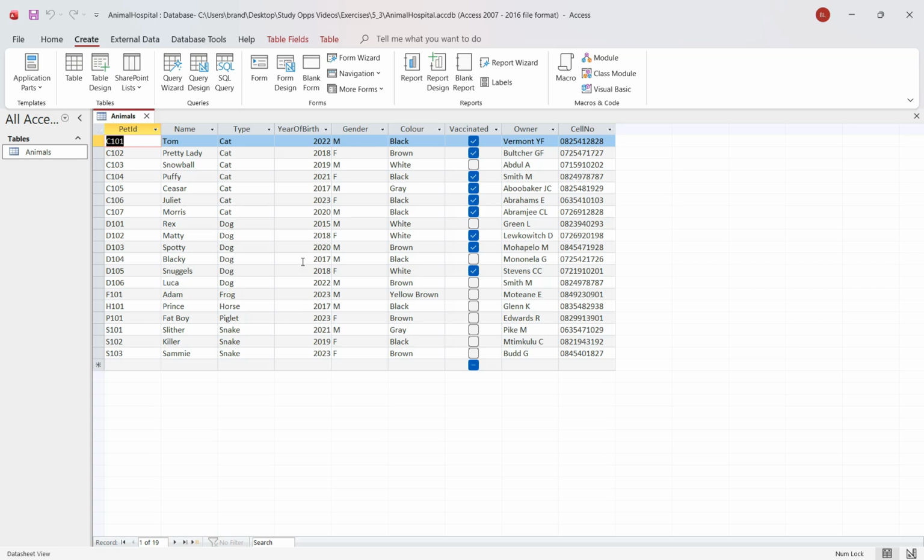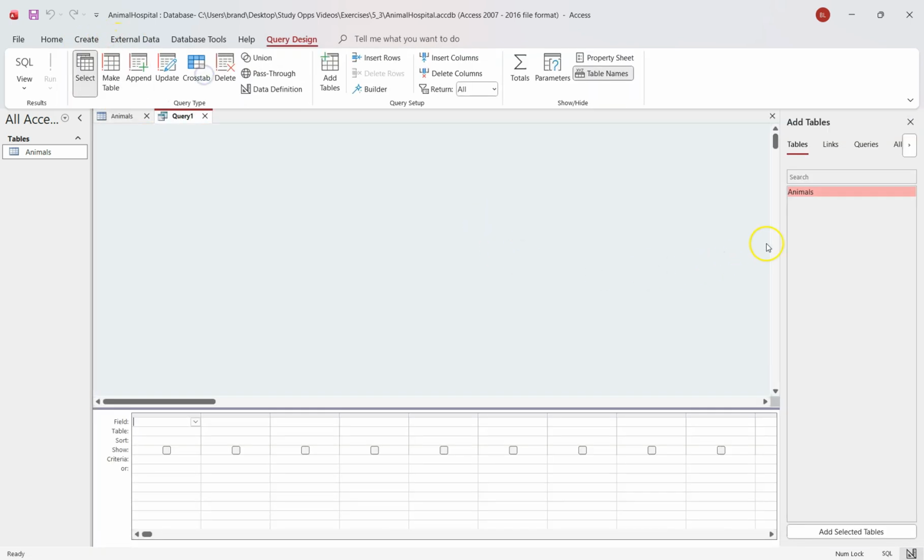It's always a good idea to have a look at the data in the table before you create your query, taking note of how the data is stored so that you can refer to it correctly when using a query. So we will come here to create and query design, and we can add the table that we want to include in our query. If this add tables option is not available, you can click on that button to add the tables, but we will just double click on animals,